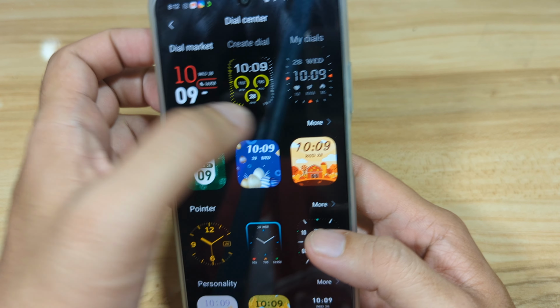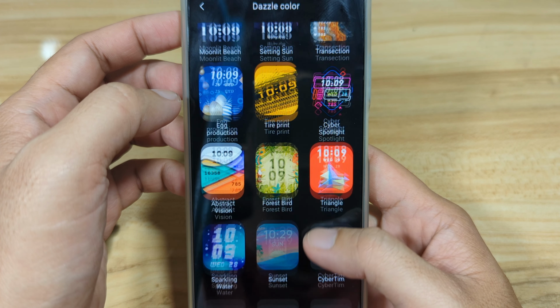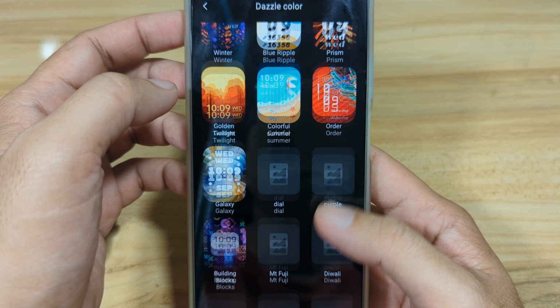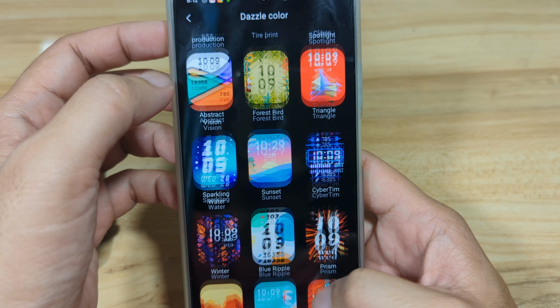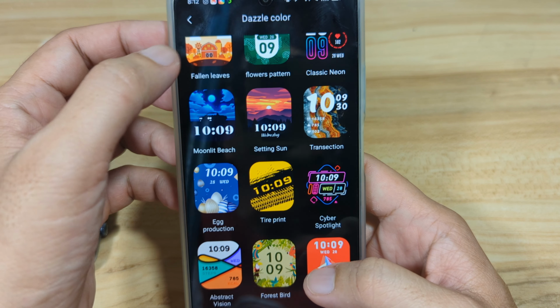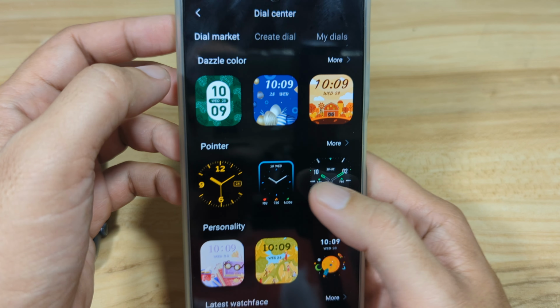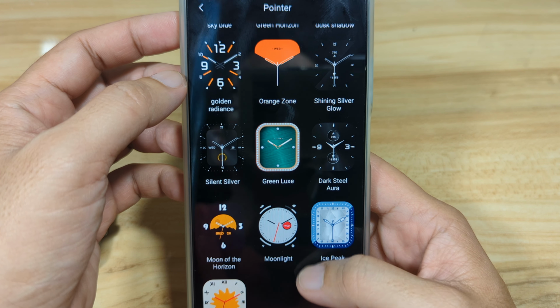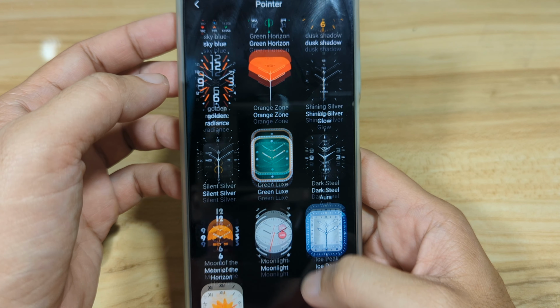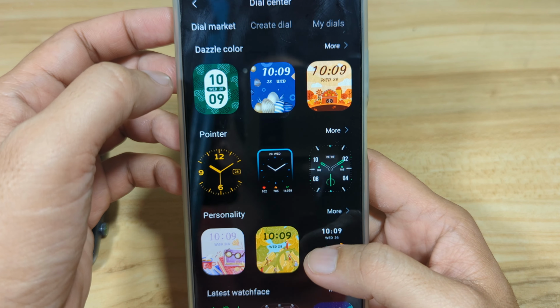We have dazzle colors. So more options here in the dazzle color section. We have the pointer, so analog designs. So these are the pointer options.